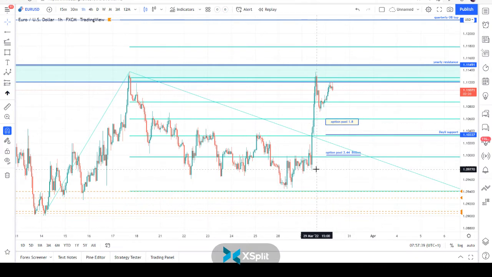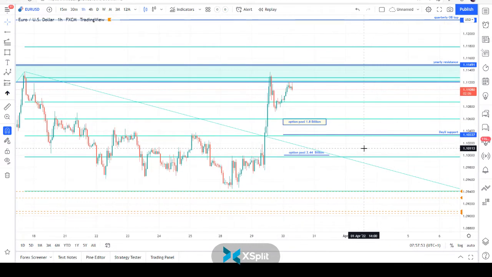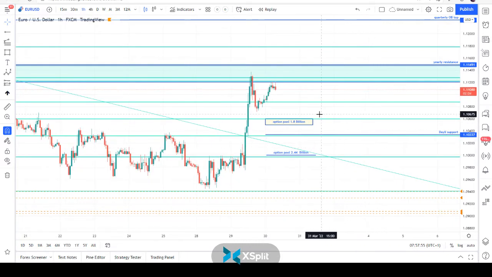If you look at yesterday's tweets I did about the option in the morning, we went to this option pool, and then there was this headline that generated this move. Today, everybody will be long. Probably the market will try to trap the longs, and probably we can see the market trying to look for this 1.8